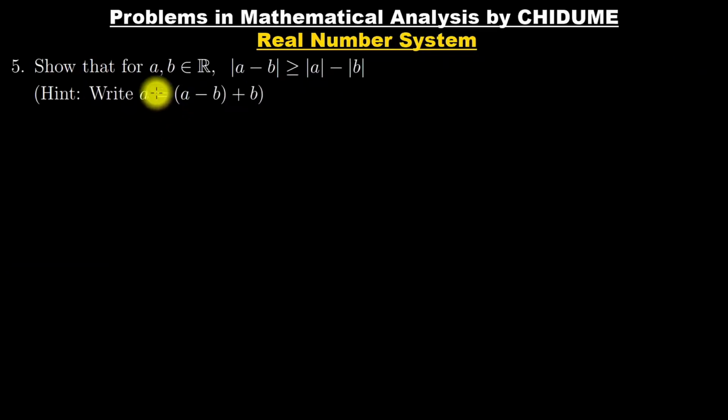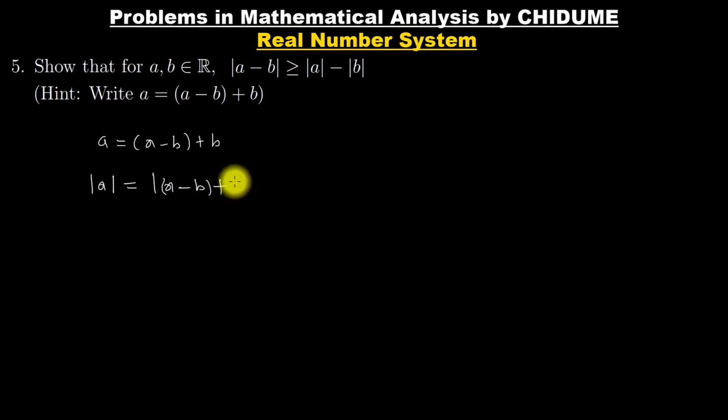In this question, it said to show that for all a, b in R, the absolute value of a minus b is greater or equal to the absolute value of a minus the absolute value of b. So here it gave us a hint that we should write a as open bracket a minus b close bracket plus b. If we write a equals a minus b plus b and take the absolute value of both sides, we are going to have the absolute value of a equals the absolute value of a minus b